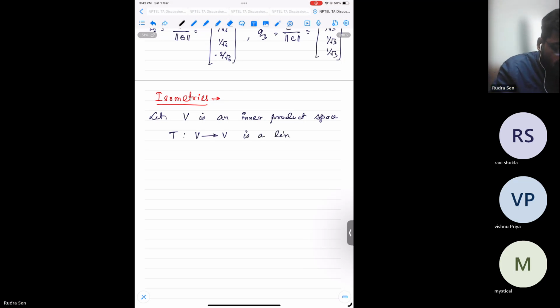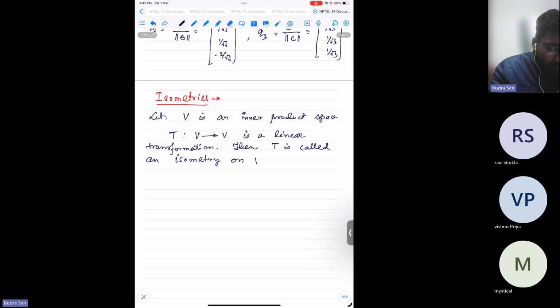So T is a linear transformation. Then T is called an isometry on that vector space V, if